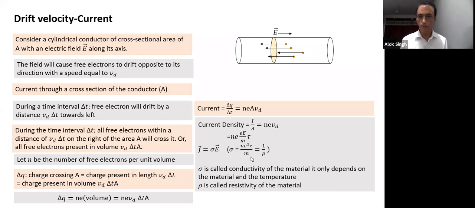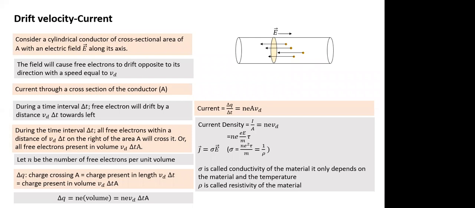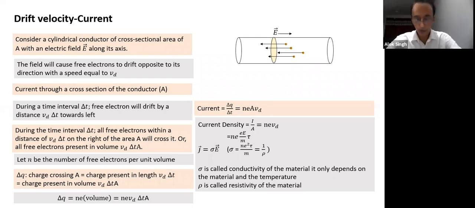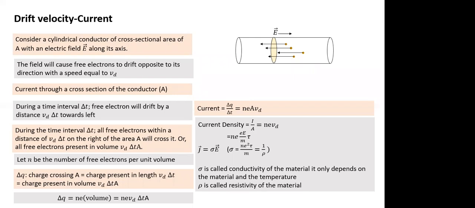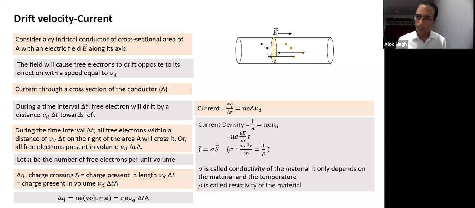Now we have also related what parameters conductivity depends on. Yes, Vignesh, do you have any question? Yes, sir. Sir, does the value of N depend on temperature? Yes, we'll come to that part. Logically, based on whatever you know till date, do you think the value of N should depend on temperature? And why? What does N indicate? N indicates the number of free electrons. You have done atomic structure. For any electron to get detached from an atom, it needs energy. So when we heat it up, when the temperature becomes higher, more electrons become free. So it makes logical sense that N will increase with temperature.